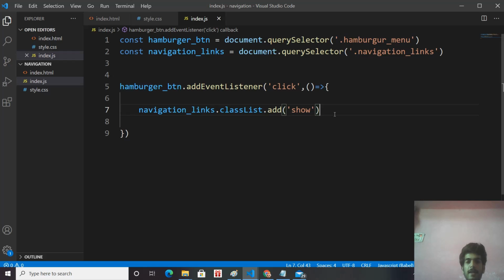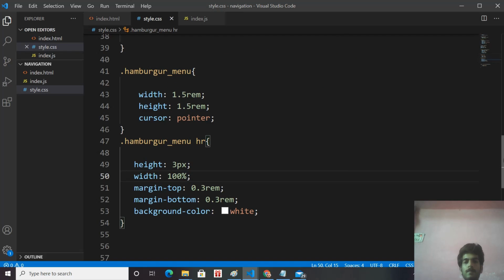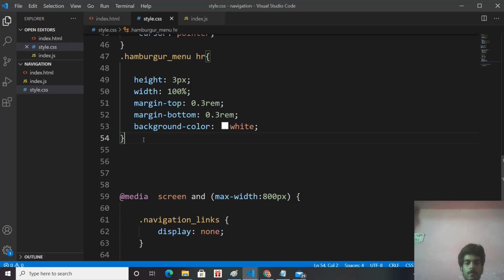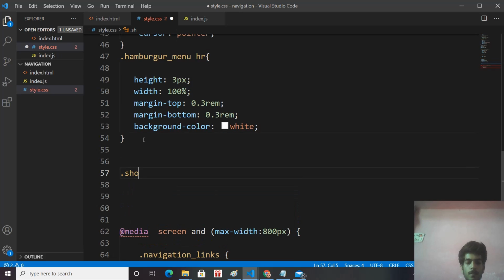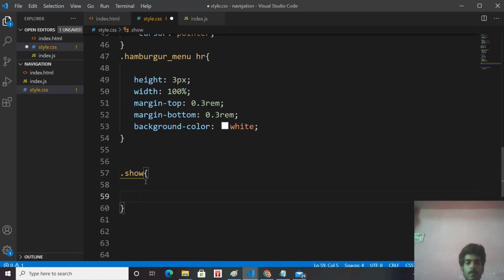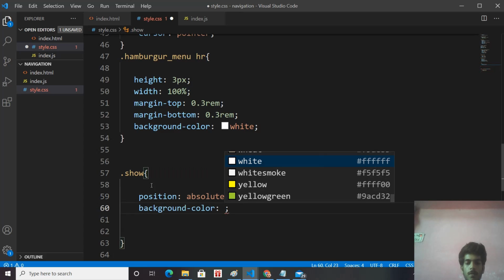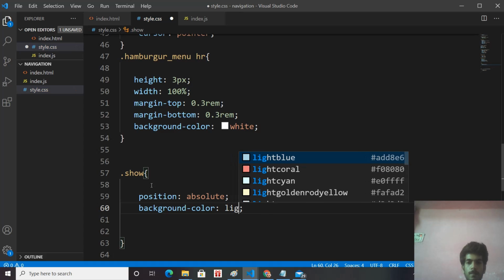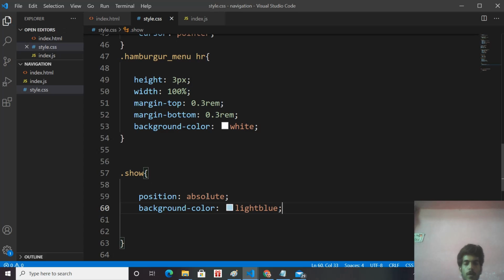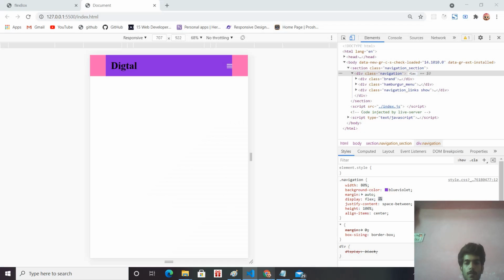So let's add the styling for show class in the style tag. The first thing is position absolute, background light blue. When I save this, see why our navigation link doesn't come below, because navigation links has show class.